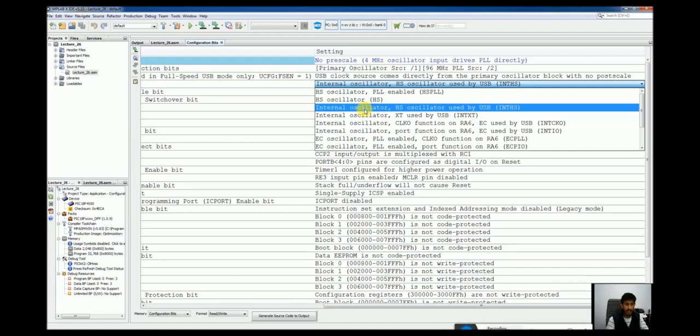We can get a maximum of 8 MHz from our internal oscillator.